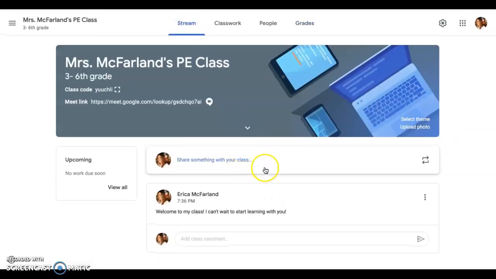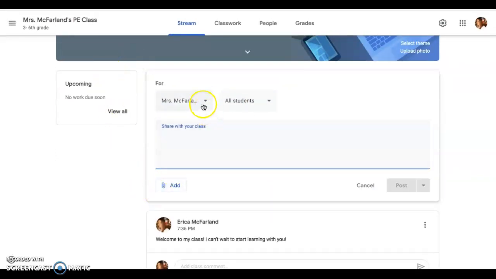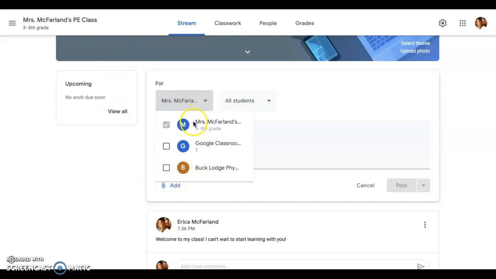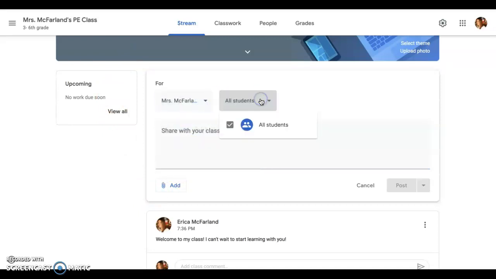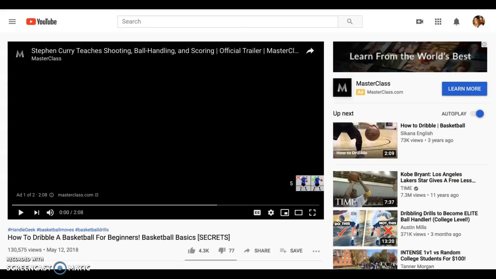So, posting something to your stream. When you click on here, you can see these are your options. You can post it to whichever classroom you would like to. You can do all your students, you can do individual classes. We can add here. So say we want to add a lesson or a video about